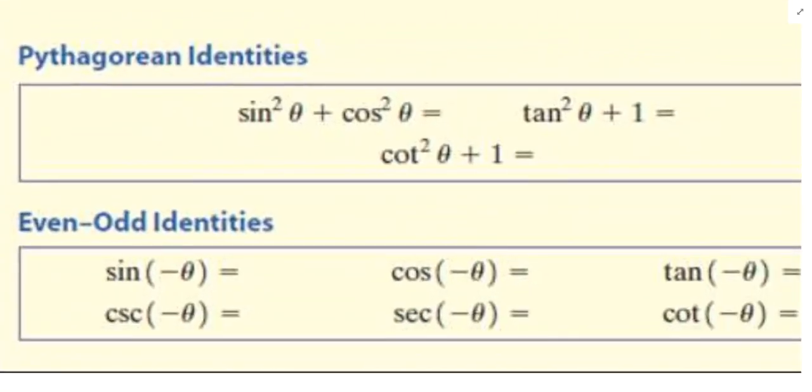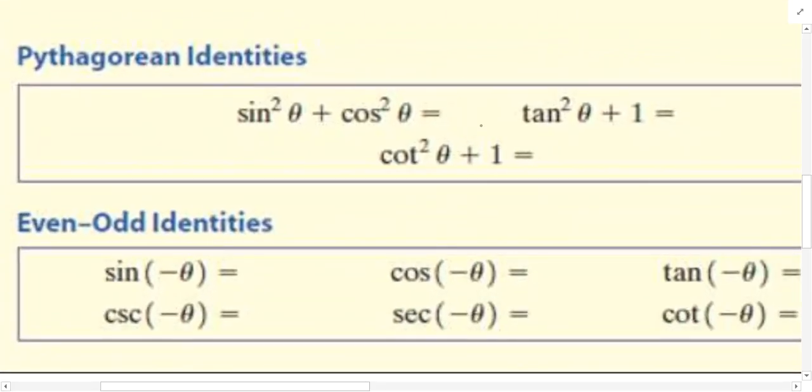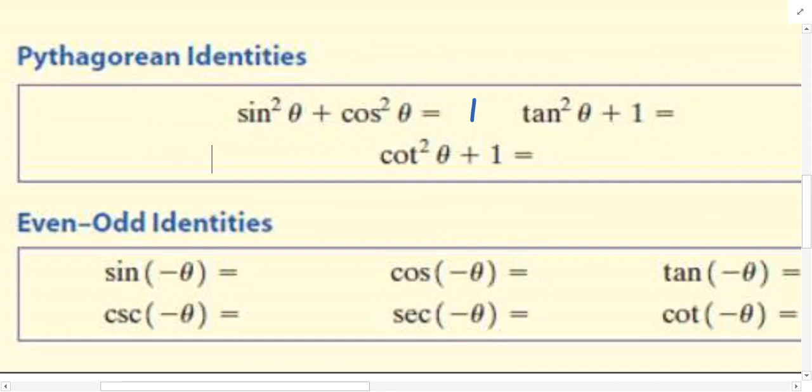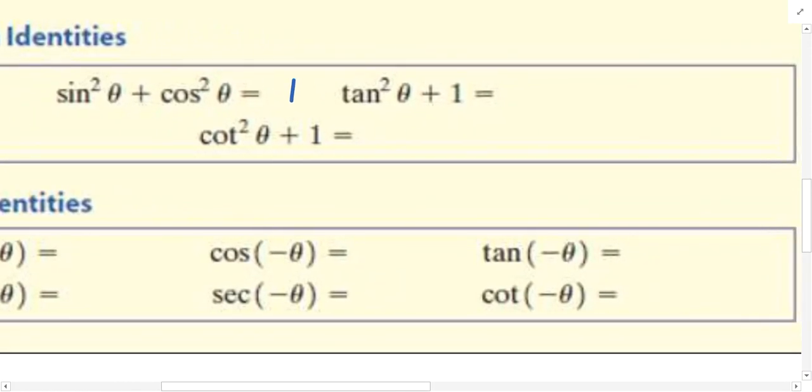As far as our Pythagorean identities go, the most popular Pythagorean identity is this first one here. Sine squared plus cosine squared equals 1. From it, we can derive all of the other forms of the Pythagorean identity. In the second copy, tangent squared plus 1 is equal to secant squared, and cotangent squared plus 1 is equal